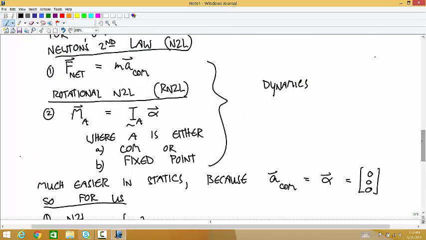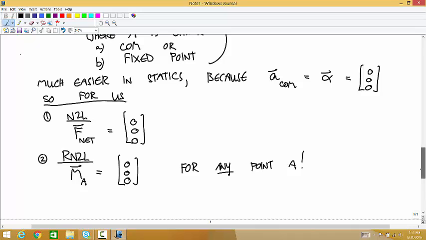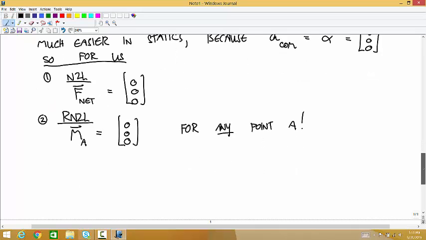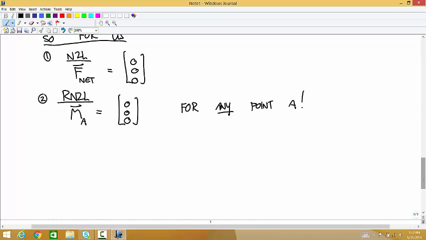You'll see when you do dynamics that these restrictions on what you can use as your about point is a really big deal that we have to consider in every problem we do. In statics, we never have to consider that. Choose any point you want as the about point. This means that